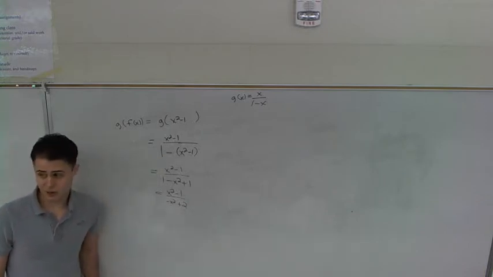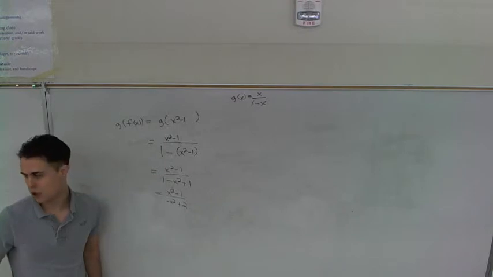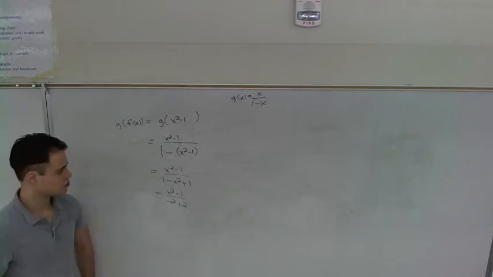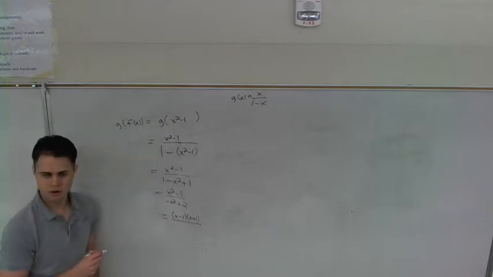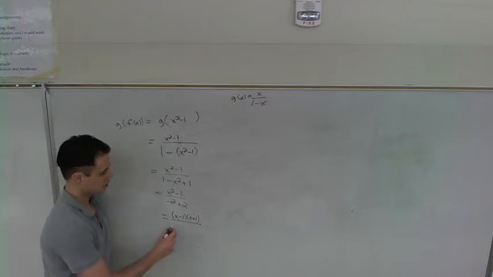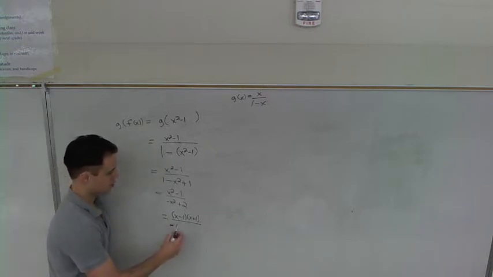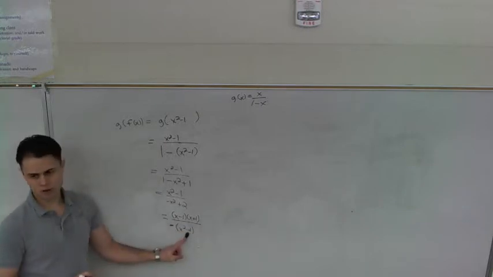I should consider factoring. I don't think it's going to do much on this one. What could I factor, the top or the bottom? The top. Why? Difference of squares. x minus 1, x plus 1 could be on top. We could really factor the bottom too. I don't think this is going to really get us anywhere, but just consider it. I could pull out a negative and have x squared minus 2. Is that a square number that can be factored with difference of squares? No, but